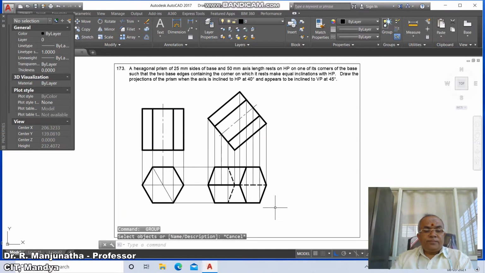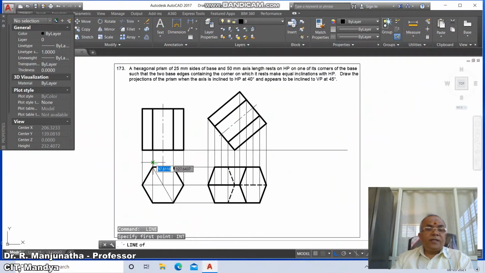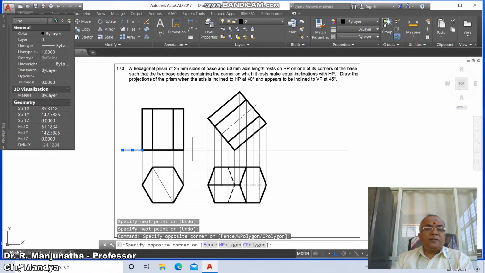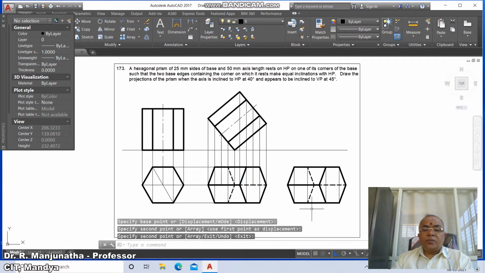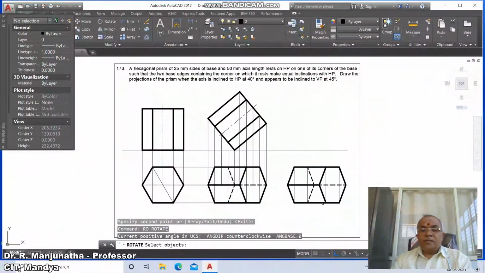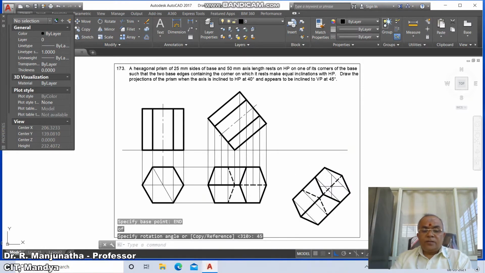Then go to line, take intersection point of this and draw a horizontal line, and again take line int of this and draw a horizontal line. Then you select this line and this line, change the layer to XY, then go to copy, select this grouped item and take it out, then go to rotate, select this, take end point of this, take the rotation angle as 45 degree,